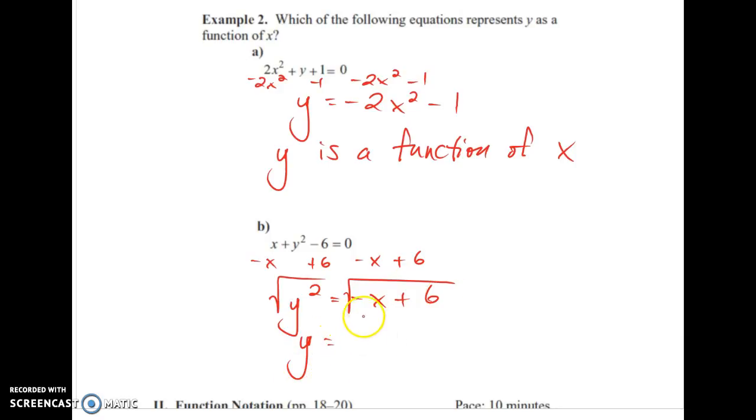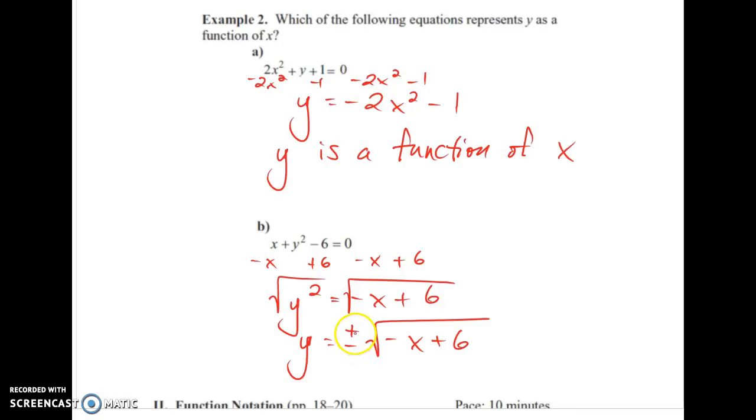y equals. And remember, here's the nuance to this. You gotta place a plus or minus in front. So plus or minus the square root of negative x plus 6. Now, if you think about our definition from up top again, speaking to the fact that each domain element corresponds to one and only one range element, or each input must have only one output, we must take a look